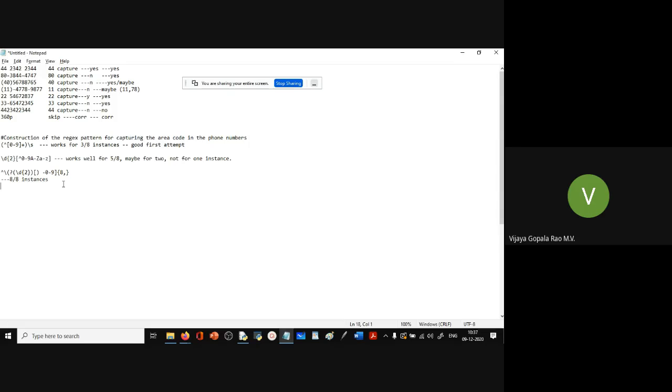So it's not just restricting the regex expression to only finding the area code. If we want, we can get the second part of the number also, or the first part. Absolutely. So whenever we are trying to construct a regex, the mindset should be that it should solve all the problems, no sir?